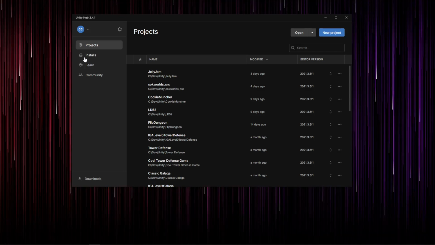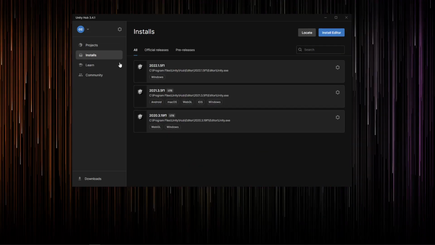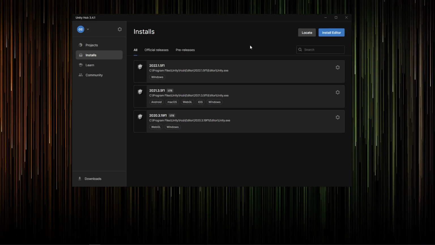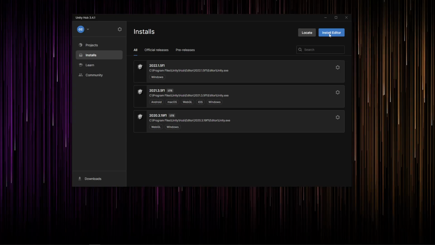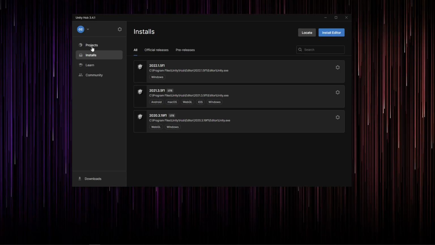So we can actually see our installs by clicking on this installs button. And Natalia, do you have an install of Unity? I do. Okay, sweet. Yeah, easy peasy then. So you can have a bunch of installs here. In my case, I only have 3. I haven't updated it in a while. You can add versions very easily. It doesn't really matter what version you're using, so long as you have anything that came out in the last 3 years or so, you should be fine.